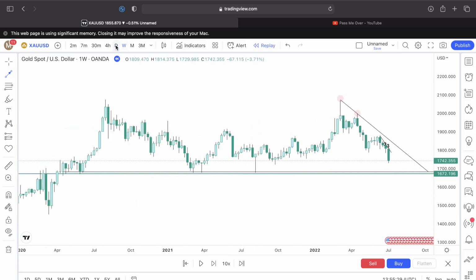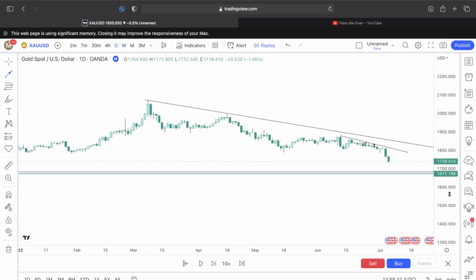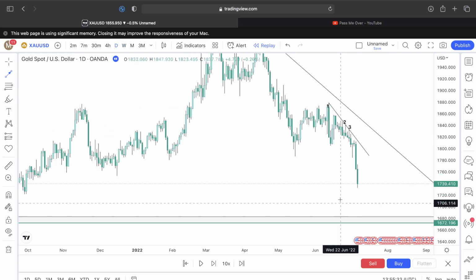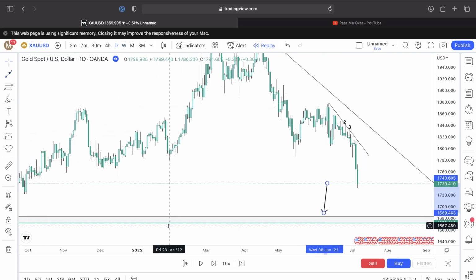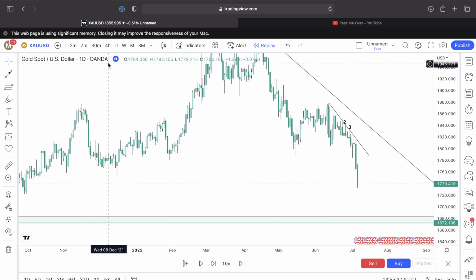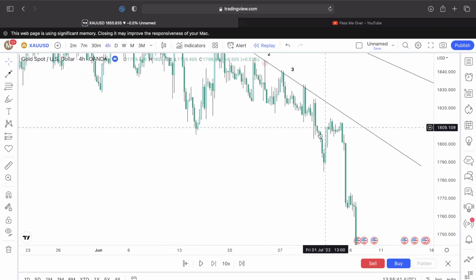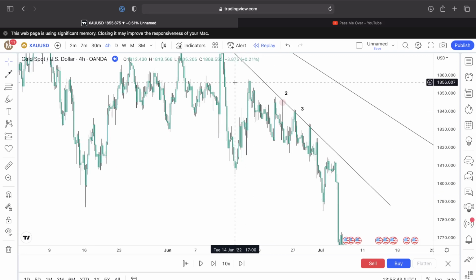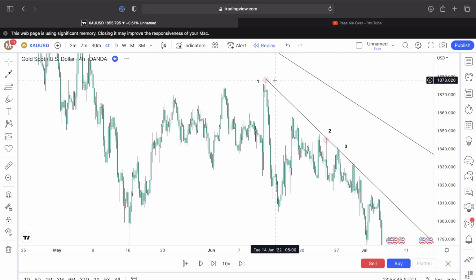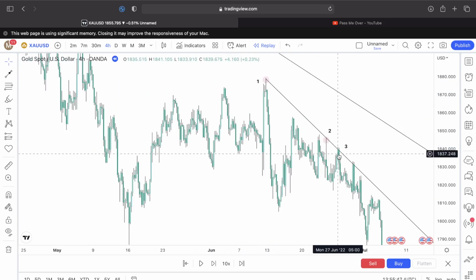Then we went to the daily. We weren't able to find anything on the daily. There was not really a proper trend for us on the daily, right? Then we decided, okay, let's go to the 4 hours to see if we can find a trend there to determine what is happening. Then we found those points: point number one and point number two, then point number three, and then